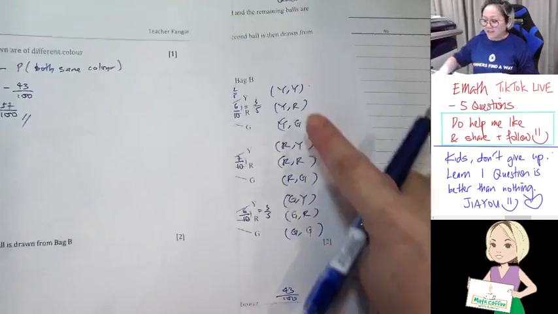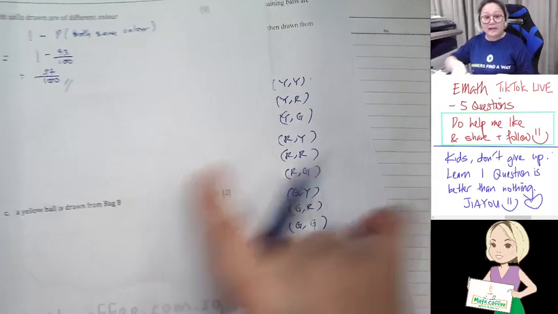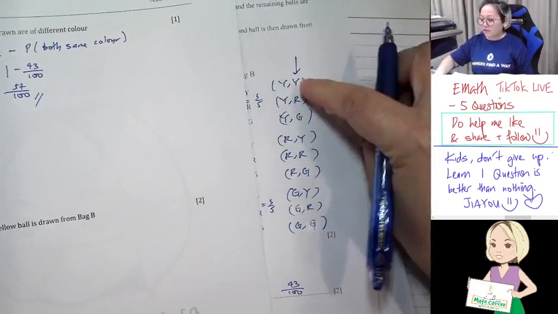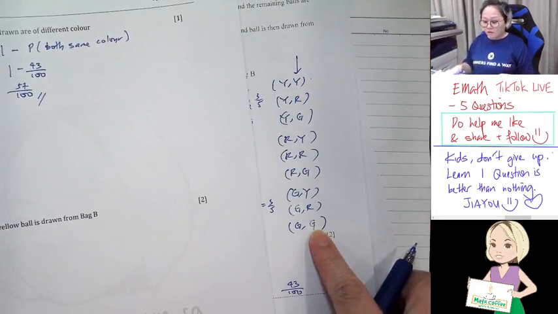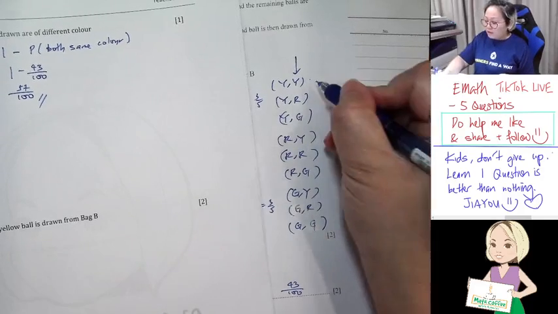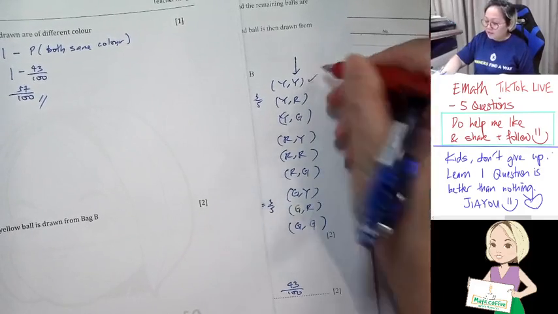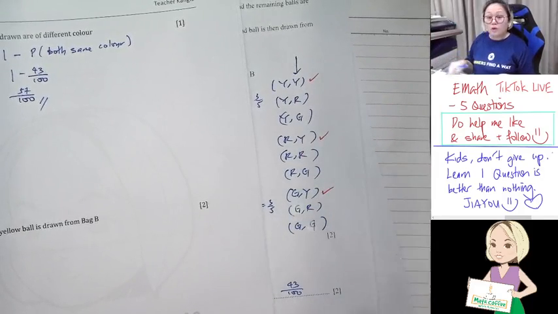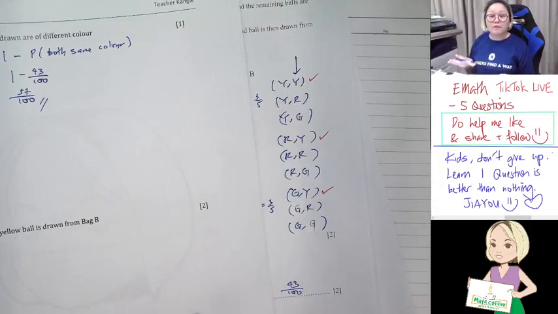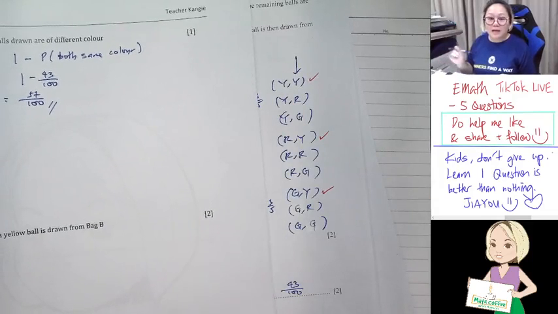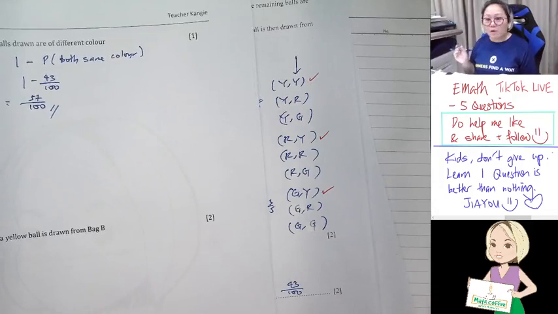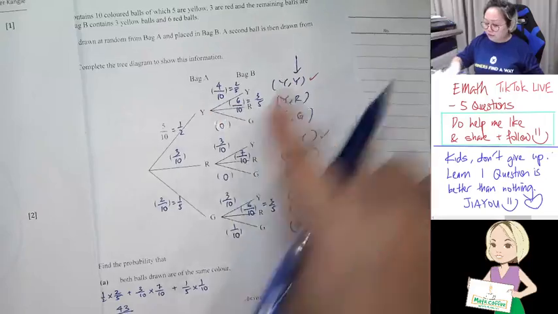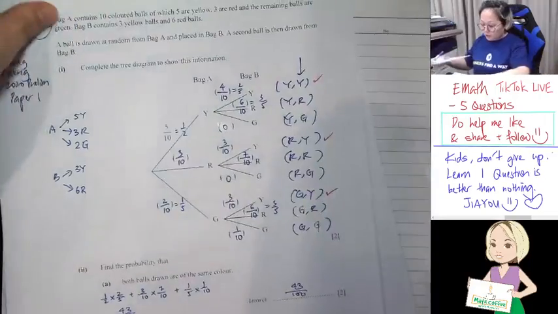Okay, see here. Now, this thing helps. When they ask for yellow ball from bag B, I only need to focus on the second column, which is B. Agree or not? So, they ask for the yellow. So, I'm only referring to this. Second is yellow. Second is yellow. And second is yellow. So, when I write in this way, it's easier for me to see different color, same color, or second ball is yellow and stuff like that. So with these 3 red color, I will just use the branching and multiply. Okay, so I will get, wait